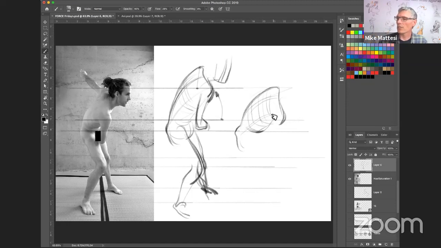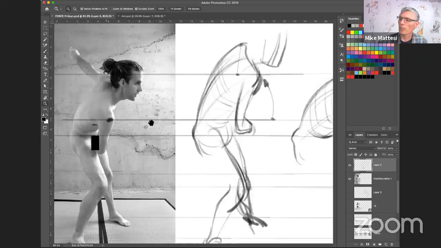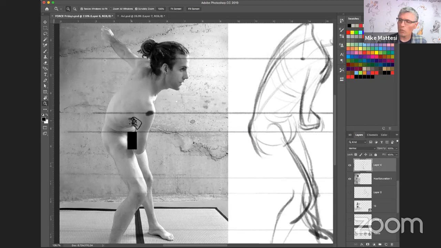When I'm doing it, lots of times I'll be aware of certain markers on the body to help me with that. So I'll look at, for instance, the shoulder, and let me zoom in on this. I'll look at the shoulder. I might look at the muscle over there. I'll look at the crease down here, right? And I become aware on the flat two-dimensional plane of the paper of what the distance is from here to here. What is the distance from here to here, right? What is the distance from here to his other shoulder? This is all stuff that's happening in the back of my mind just very quickly, and I'm assessing that, right?